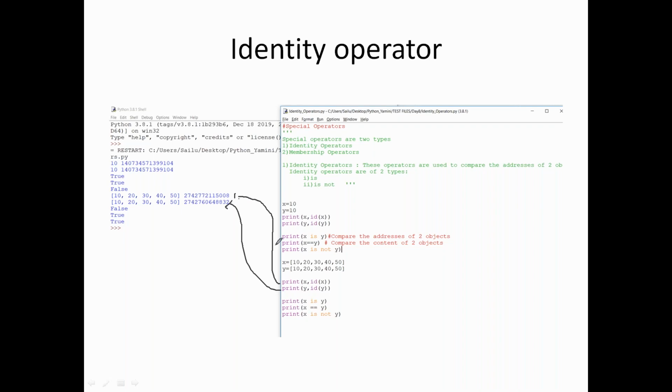Address is different. Why? In the concept which I explained to you just now, list data type is a mutable object, in the sense you have an option to change the variable without changing the address. It's just like a repository. I can shuffle my variables, or I can update, I can delete, or I can append, whatever I want to do, but the address will be the same.